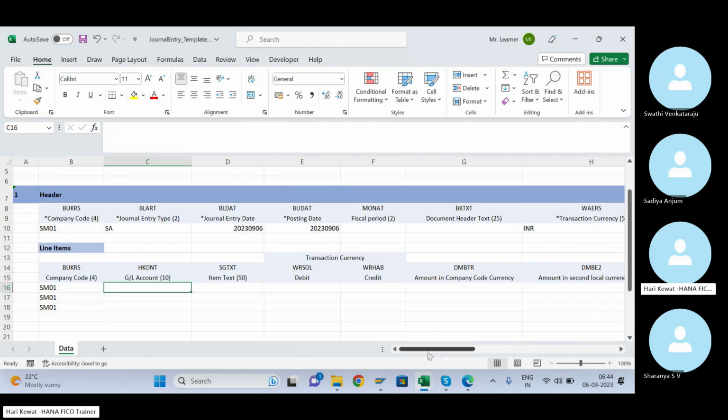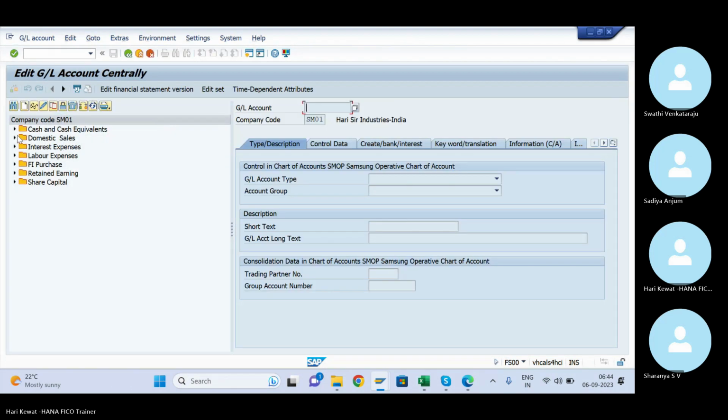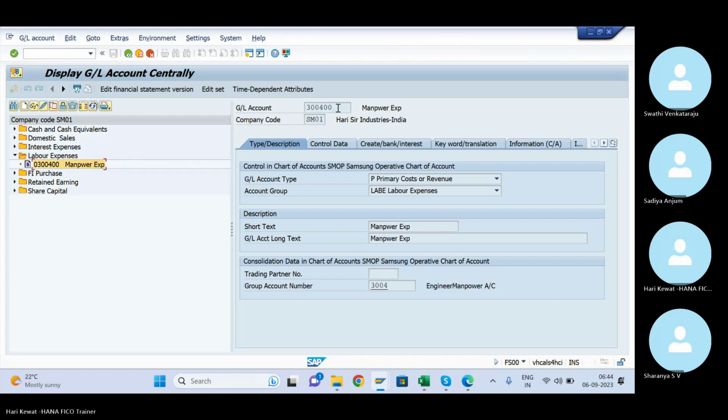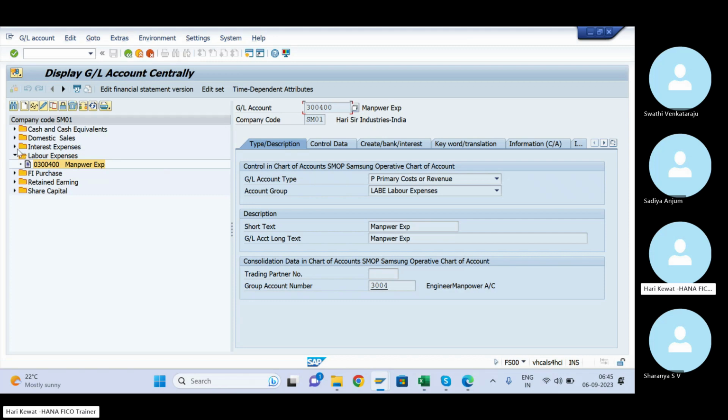Let's say this time I want to post as an FS00. Let's say I want to do the labor charge account debit. I also want to do the interest expense account debit.